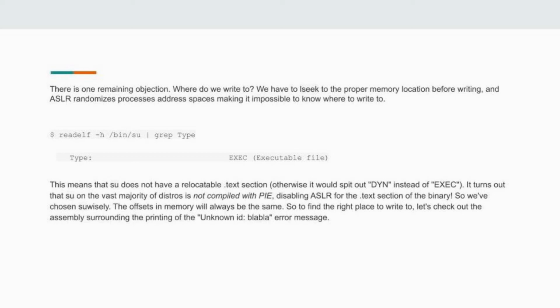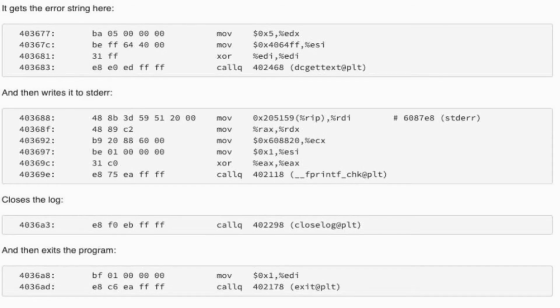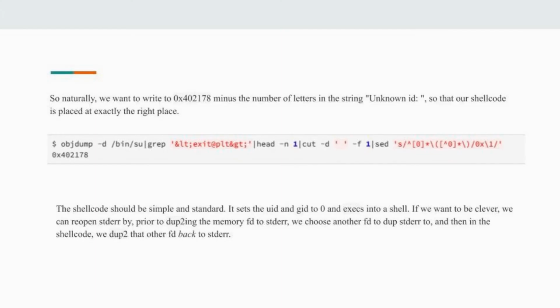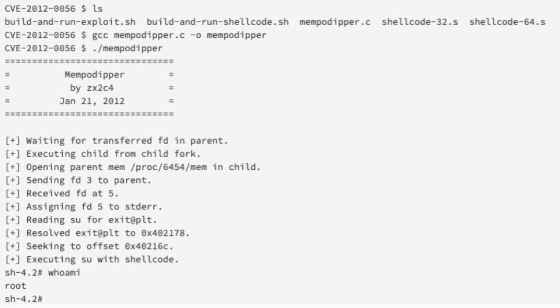So to find the right place to write to, let's check out the assembly surrounding printing the unknown ID error message. And here it is. It gets the error string here, writes to stderr, closes the log, and then exits the program. So naturally we want to write to that memory location minus the number of letters in the string unknown ID, so that our shellcode is placed exactly at the right place. The shellcode should be simple and standard. It sets the UID and GID to 0 and executes into a shell. If we want to be clever, we can reopen stderr prior to duping the memory FD to stderr. We choose another FD to dupe stderr to, and then in the shellcode we dupe that other FD back to stderr. So here's the code,